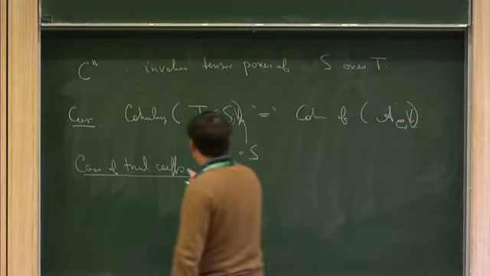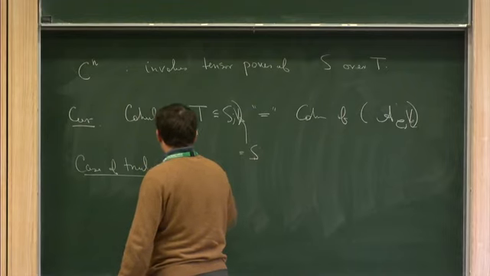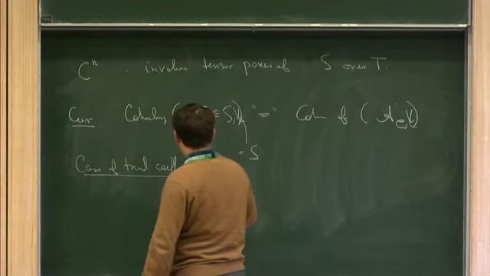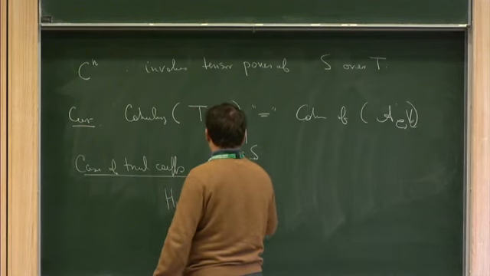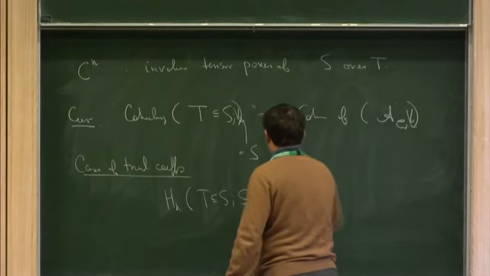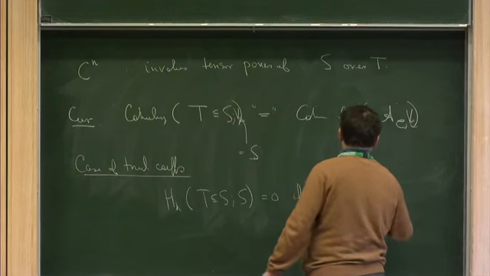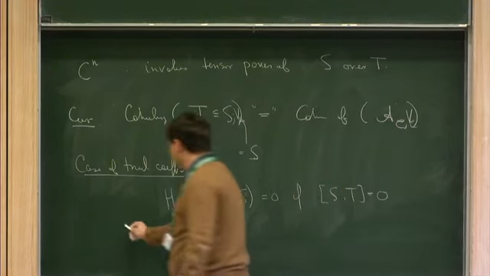Right. So in that case, what happens is that when you actually compute HK of T inside S with coefficients in S, you get 0 if the index of S into T is finite. And this actually is a result of Vaughan Jones,